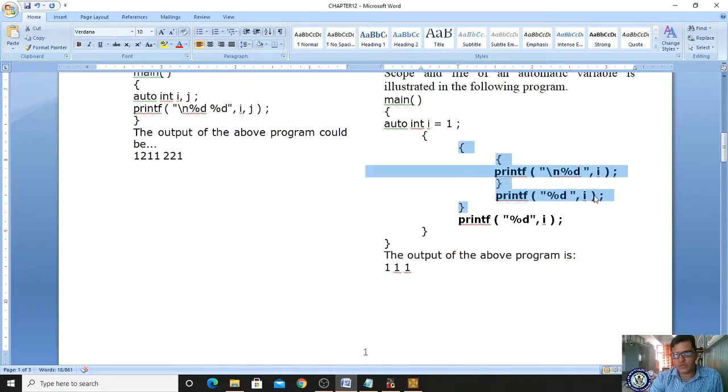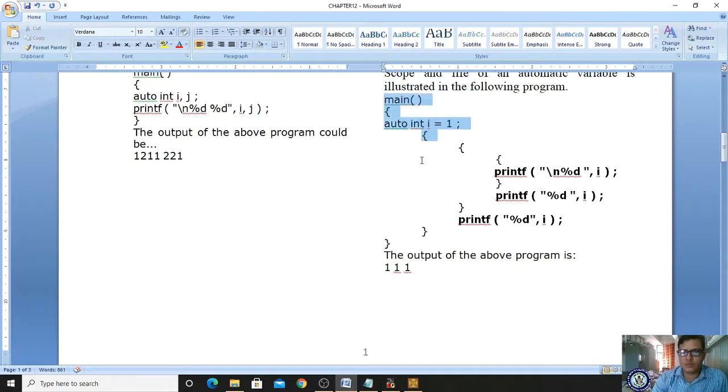The scope of this variable is within this block only, and the scope of this I is within this block only, and the life of I is till the end. So where does the program end? Here. So till here you can access the life of the variable.